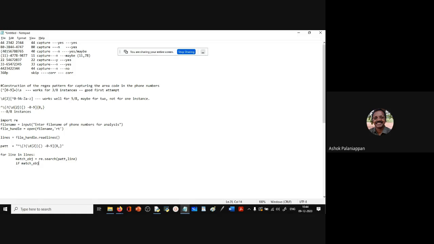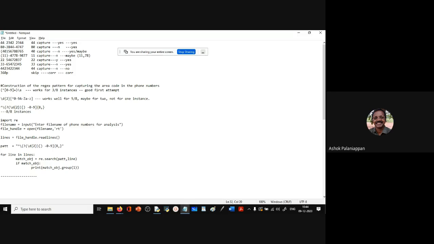So I say if match object. So if the match object exists, it's not none, then we do the following. So there is a match now. So if there is a match, then what do I do? Print. What do I do? Print match object dot group of 1. Okay. And so now I can come outside of this print. Now I'll be here. And then I do this for every line. And that is the end. So this is the end of it. That's all the code.